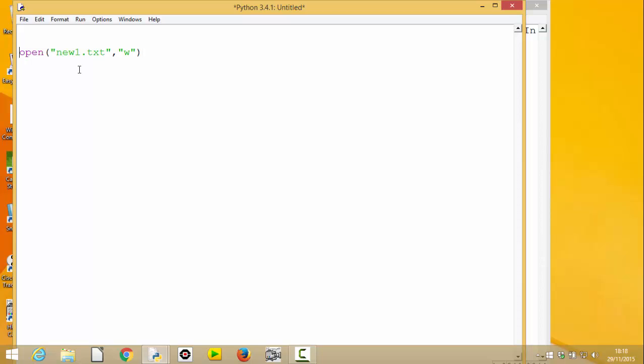gives us back a file handle. So it returns us something called the file handle. So I'm going to assign that to a variable called file_handle. Then anything we want to do with the file, we do it through the file handle. So if I want to write to the file, I say file_handle